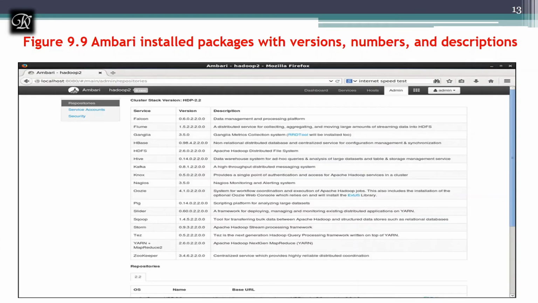Next, we have a place in the admin where we can check which services are installed. You might have seen them once I started the dashboard. By clicking the dashboard, some services were shown, listed. So which are all those services which have been installed? Here you can see these are all the services which are already installed. That you will get by clicking on the admin.